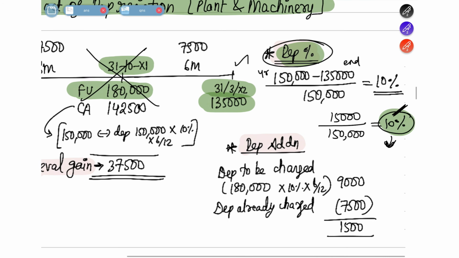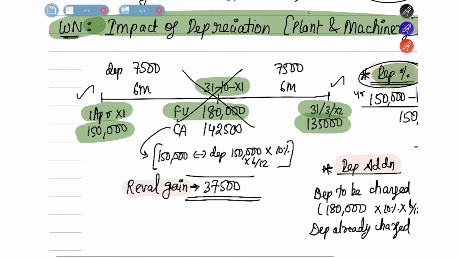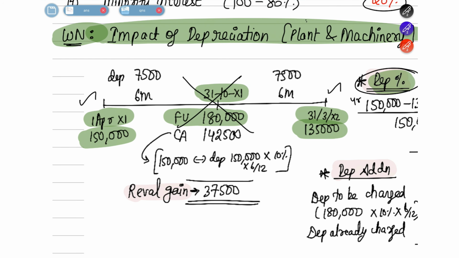So what they are trying to tell you here is that if in 1 year 10% has been reduced and the value has become 1,35,000, as on 6 months end, what will be the value you have to find out. So as on 6 month end, what will be the value? Only if you know what the carrying amount is as on 6 months end, you will be able to compare it to the fair value and find out what is your revaluation gain or loss. Otherwise, you will not be able to find out.